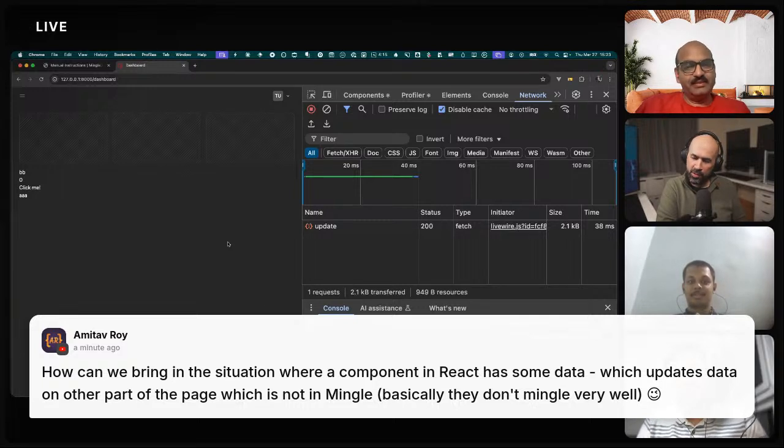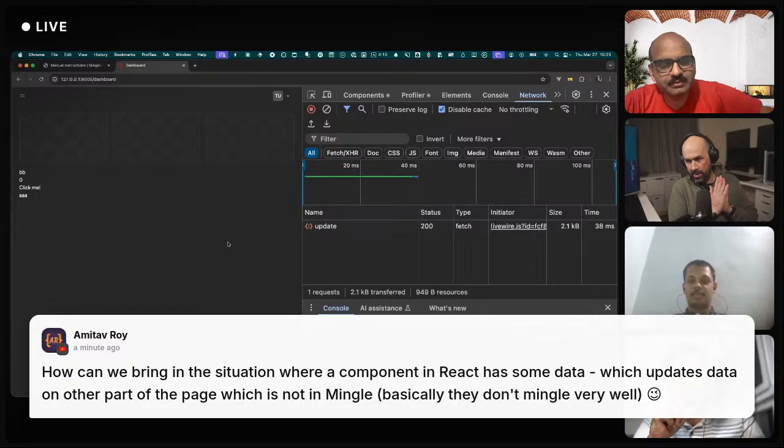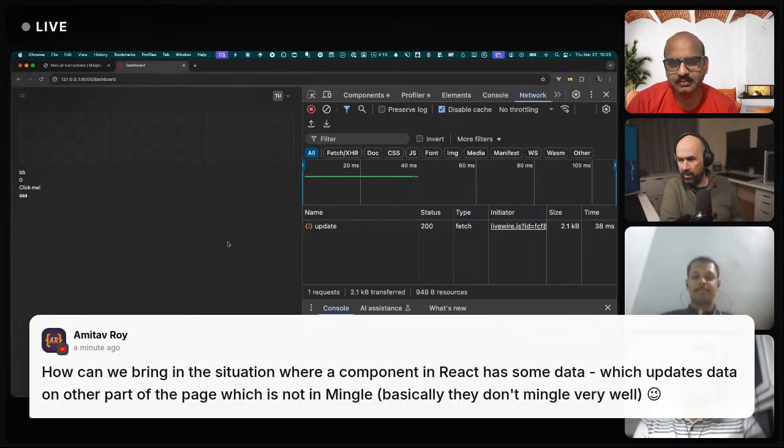I'm not 100% sure. There is some data in a React component, and this data updates another section in that page, which would not be mingled.